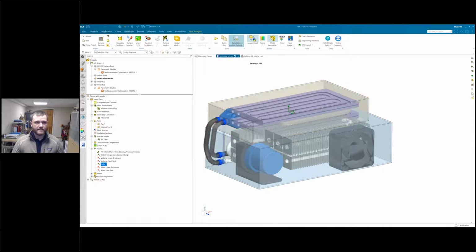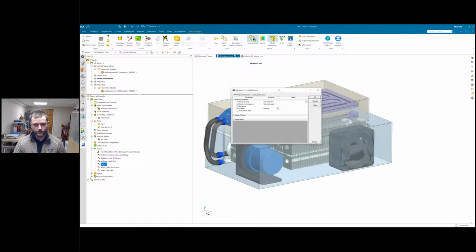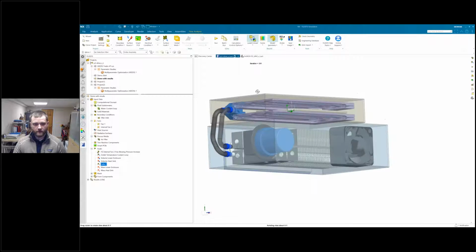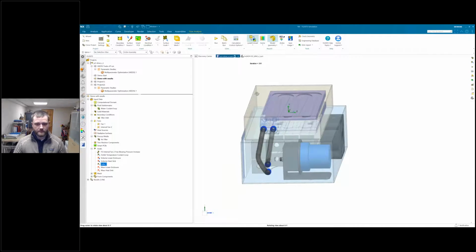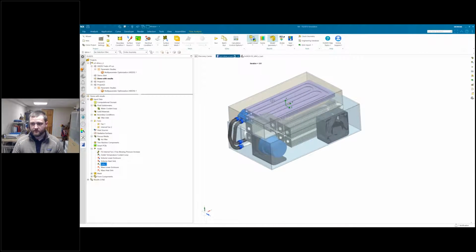And as I said, we look at the calculation options if we needed to change anything. As I mentioned earlier, we do have the ability to define automatic mesh refinement within the solution based on flow gradients. We didn't do that here. Maybe that'll be mentioned later. And we can define custom convergence goals as well. So this has been solved, and the next thing that we want to do is take a look at the results, which you got a peek of earlier.